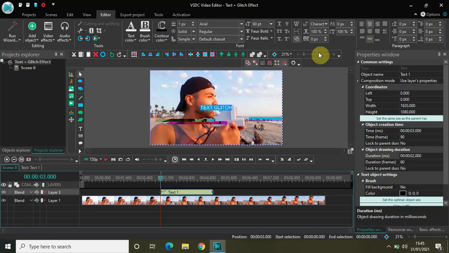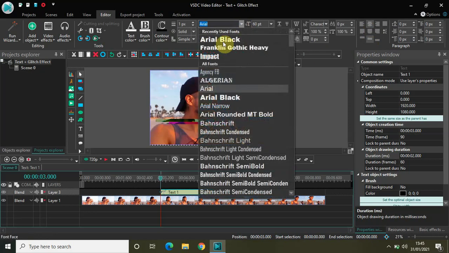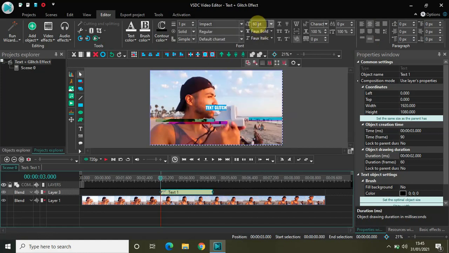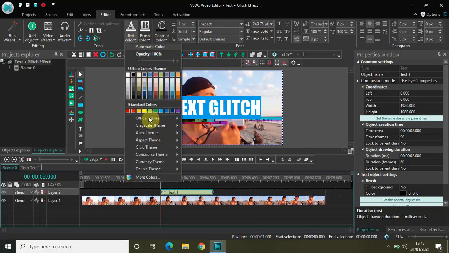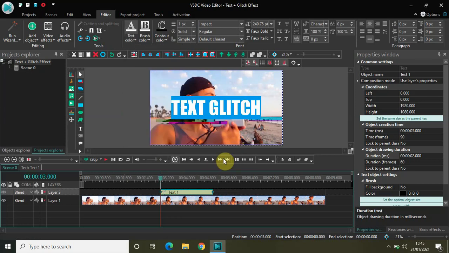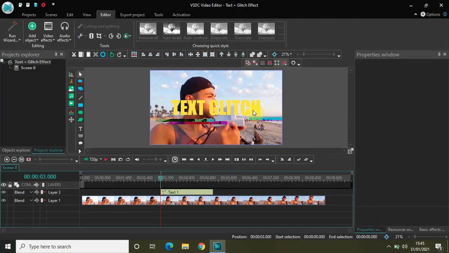Let's also change the font to Impact, and let's increase the font size to 250 pixels. Let's change the text color from white to, let's go to civic theme and select this color right here, accent 2 lighter 40%. And as you can see, this is how my text is looking.